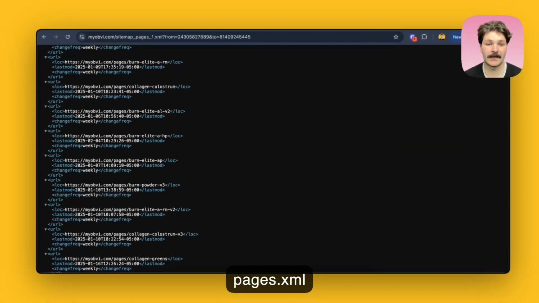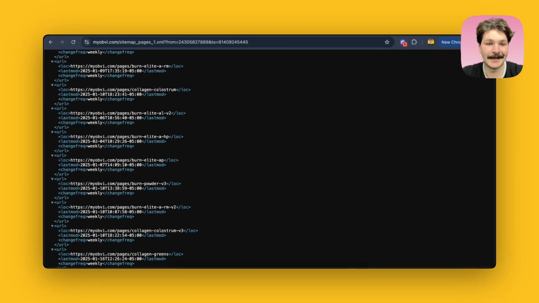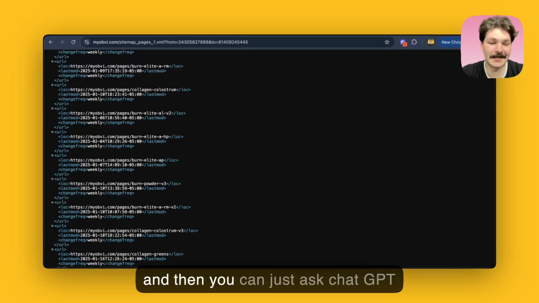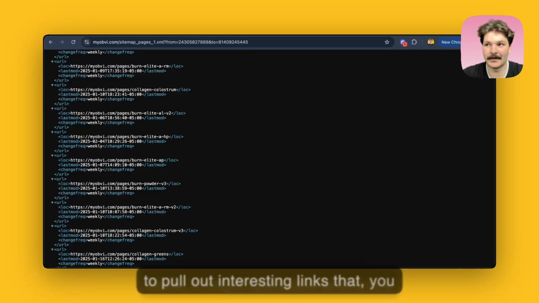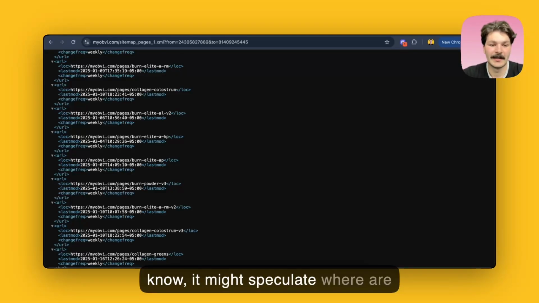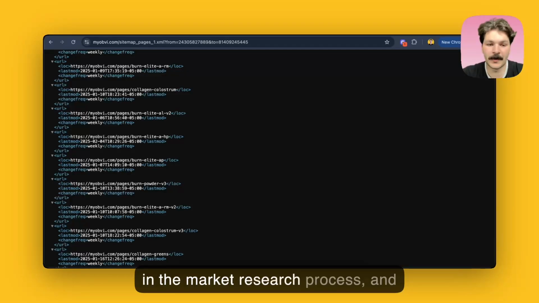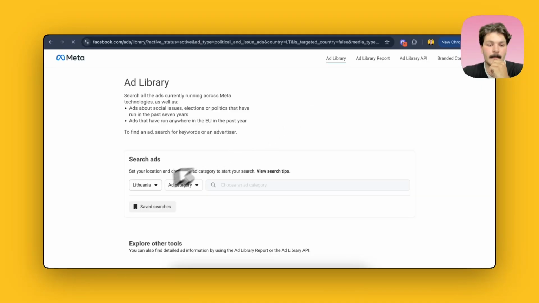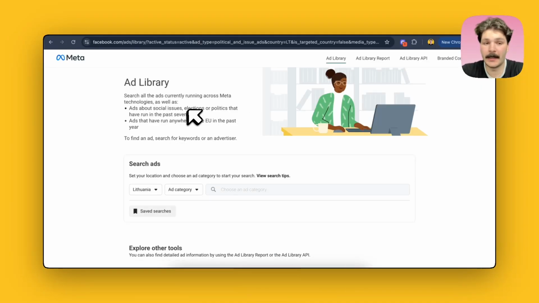Go through this pages.xml site, and then you can just ask ChatGPT to pull out interesting links that it might speculate would be useful to you in the market research process, and then just go down these. Okay, now for